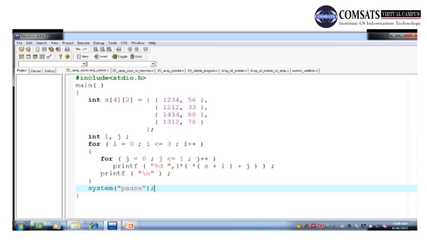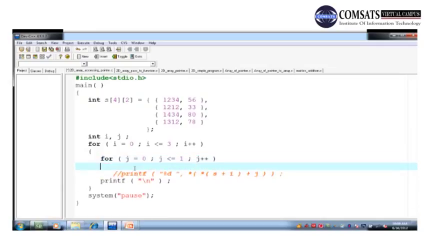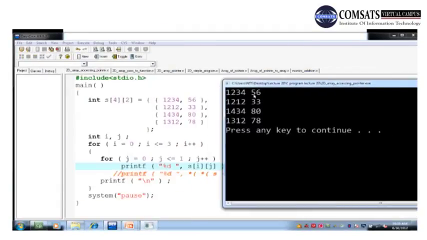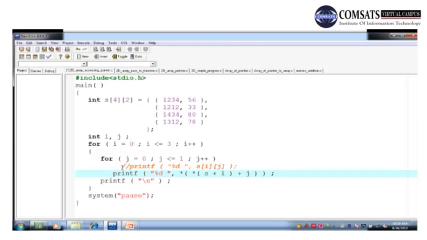So this is the program. अब इसकी जगह the simplest way is, if I comment it out, if I write Control C, I can write like this as well. It will show me all the elements in that array. Compile and execute. So you see, it shows me all the elements in that two-dimensional array, right? But if I comment this out and uncomment this block,